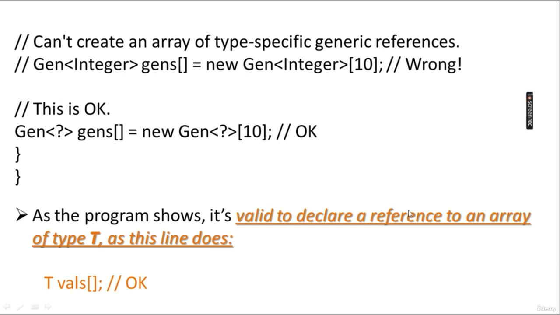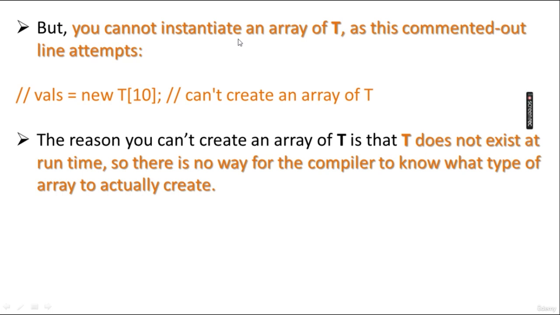It is valid to declare a reference to an array of type T as this line does. You are creating a reference to an array of type T. It is okay. We cannot instantiate an array of type T because it is of type enclosing class. This type is of enclosing classes, as in this commented out line